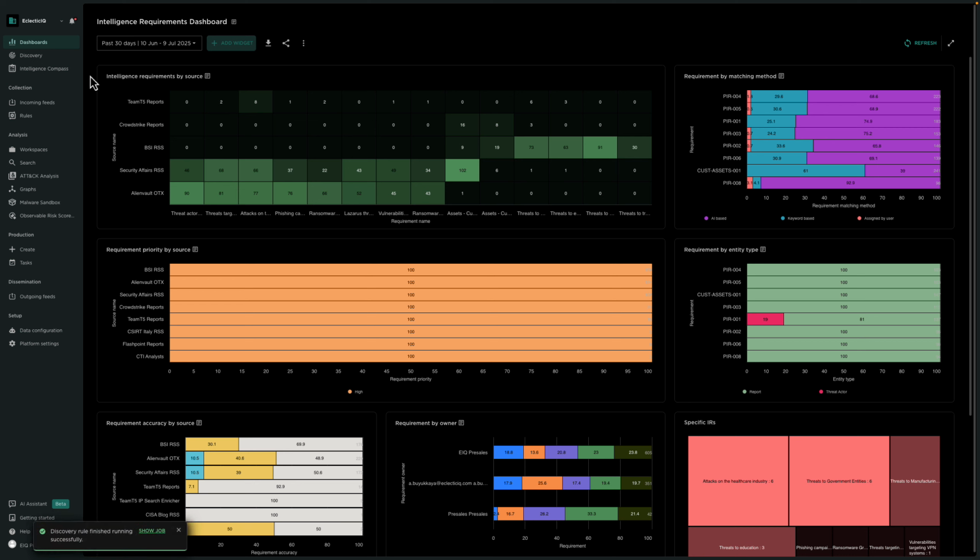This gives us a much more direct path for mapping intelligence requirements to data that we're collecting and ultimately reporting